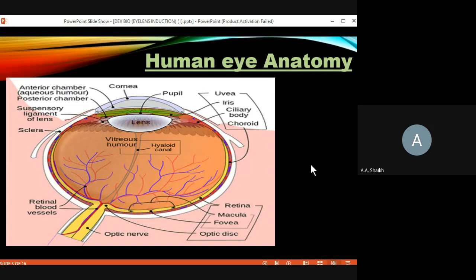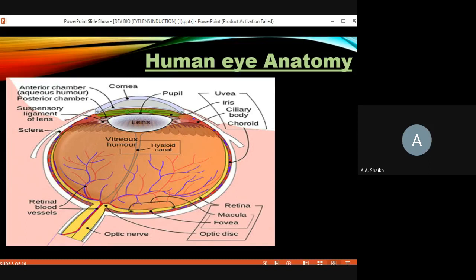Now here, if you look clearly, this is the outermost layer in the complete eye's structure. This is the entire structure, the internal structure or anatomy of the human eye. This white portion here is called the sclera. This entire white portion is the outermost layer of the human eye, as seen in this image. So the outermost layer is called the sclera, which is indicated with this white portion.